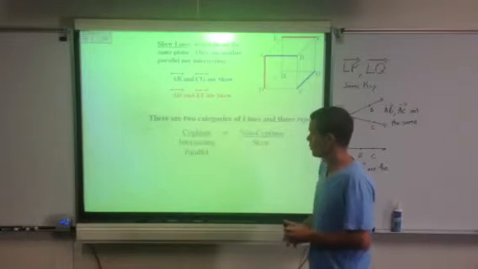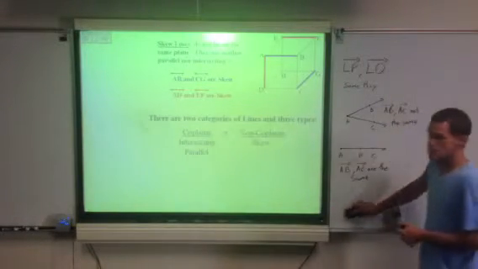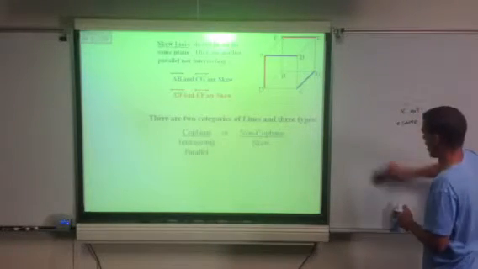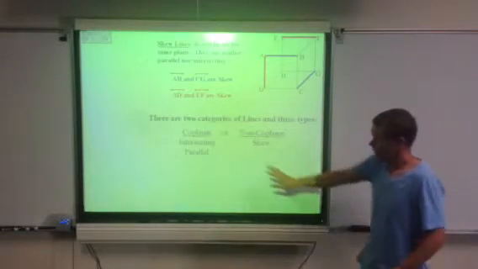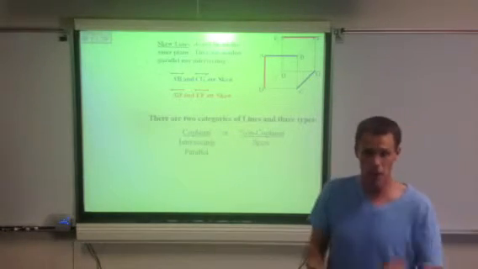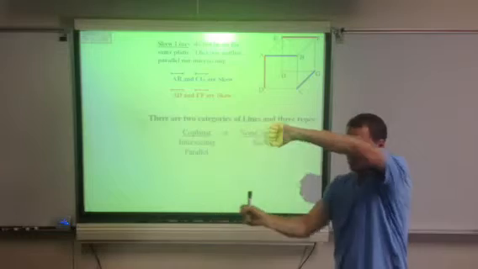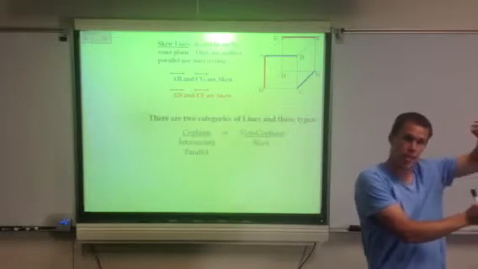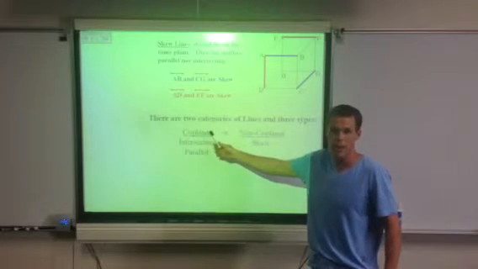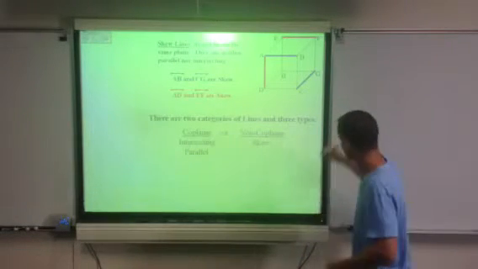So that brings us to the two categories of lines. They're either coplanar or they're not coplanar. If they're coplanar, they either intersect or they're parallel. If they're parallel, remember, we can take a piece of wrapping paper and pull it across to the other line and form a wall. If they're coplanar but they intersect,